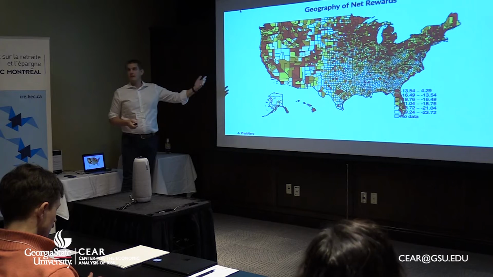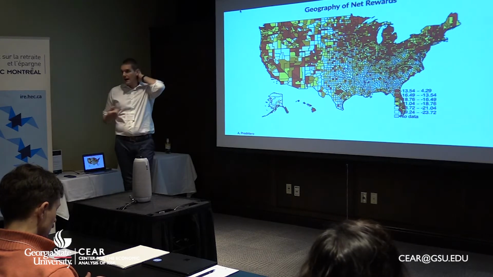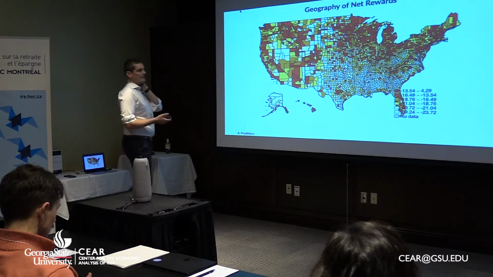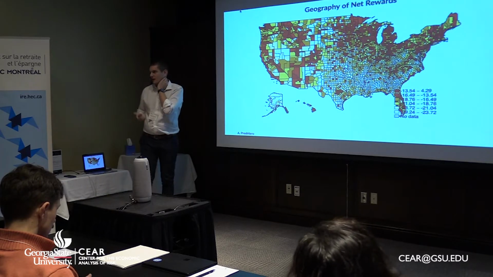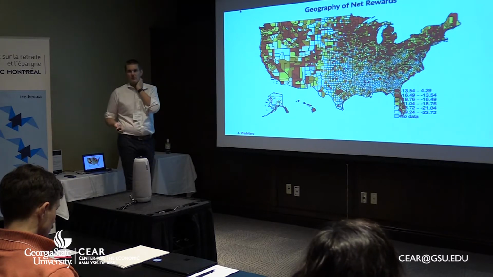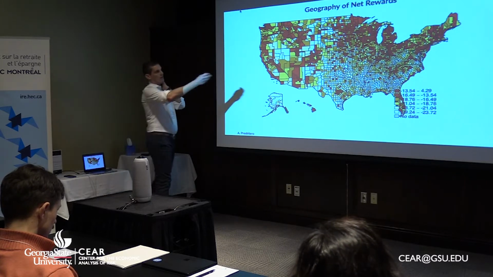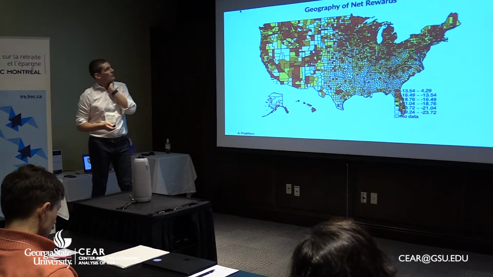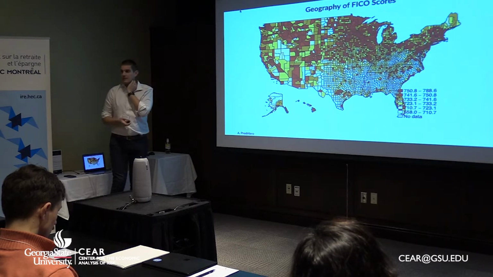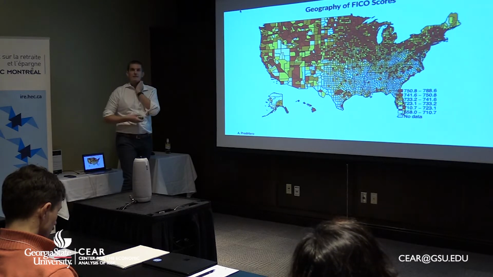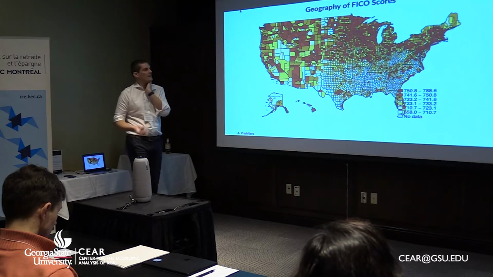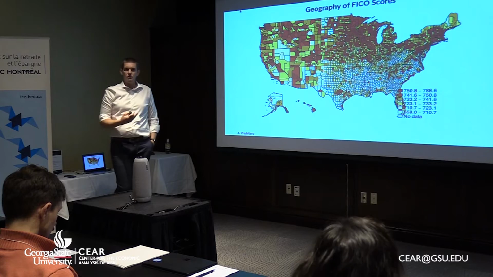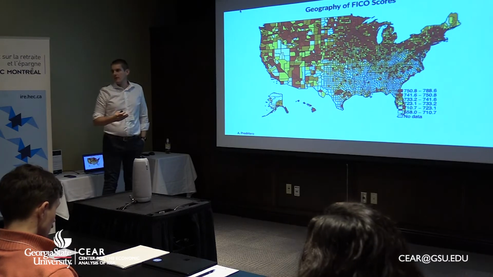So this is the geography of net rewards, where the darker is higher rewards and the lighter is lower rewards. And it's, I would say, the standard US chart you can superimpose on any other possible demographic in the US. You have the cost, and in part of the US they gain the most. If you do the same for FICO score, it's very, very similar. So again, this suggests, at least in a very naive way, that this measured FICO or financial sophistication clearly matters for net rewards.